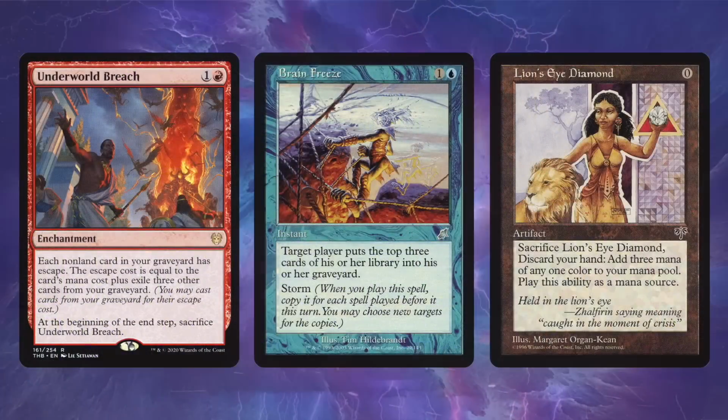Yeah, okay. Then we are also going to talk about Underworld Breach, Brain Freeze, and LED as a 3-card combo that also wins the game pretty handily. Yep, if you have Underworld Breach in play and you have a Lion's Eye Diamond, you can sacrifice Lion's Eye Diamond for mana, discarding your hand and probably the Brain Freeze. That's part of this 3-card combo. And from your graveyard, you cast the Brain Freeze with the mana that you made from Lion's Eye Diamond,